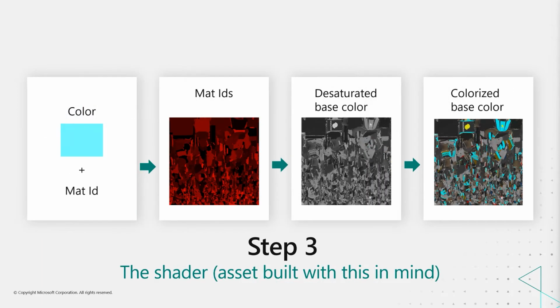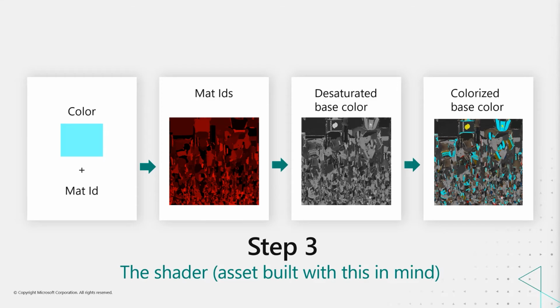But there is a simpler shader that you can do with this, and that is if you're building the asset with this in mind. In that case, you don't need the texture coordinates, because you wouldn't want to create something that you need to mask. That would create additional texture lookups, which is expensive if you want to run it in the game mode. So if you build the asset with this in mind, you could build a shader like this.